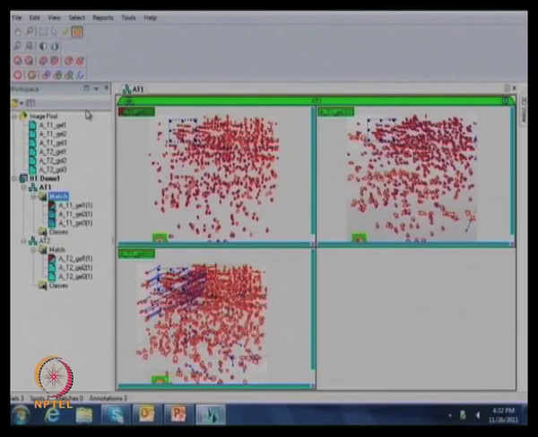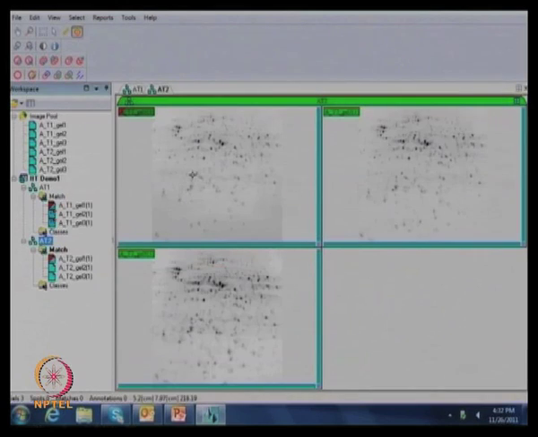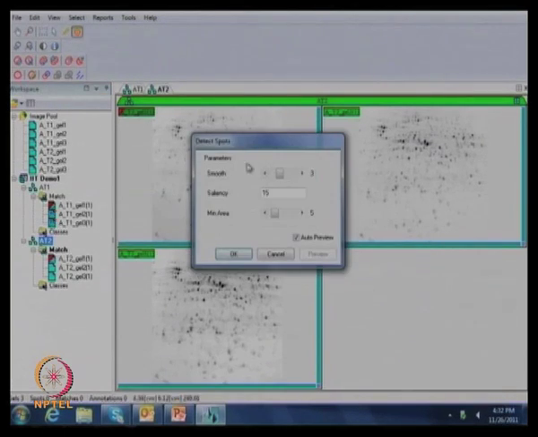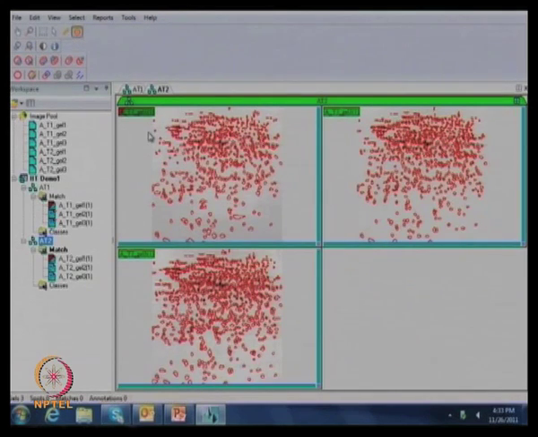Okay, now we can save this and apply the same parameters to our treatment gel also. That's important because you don't want to make any changes between your controls and treatments. There is no need to remember the parameters. When you detect your spots, it automatically gives the same parameters you used earlier. The same smoothness is 3, saliency 15, and minimal area is 5. So no need to change anything. Then click on OK. It is quite quick.